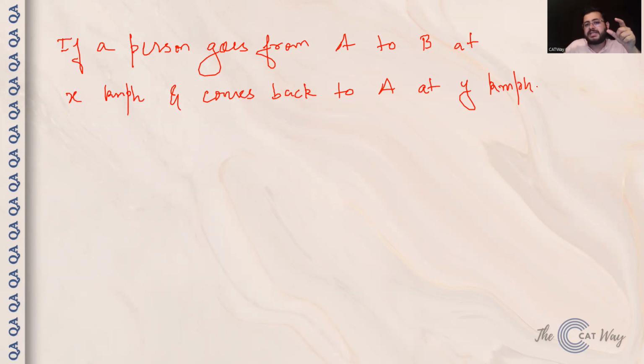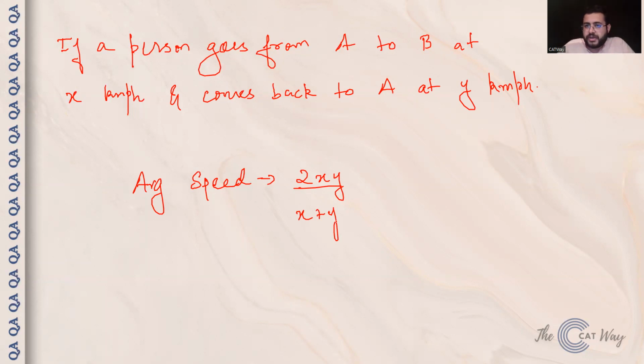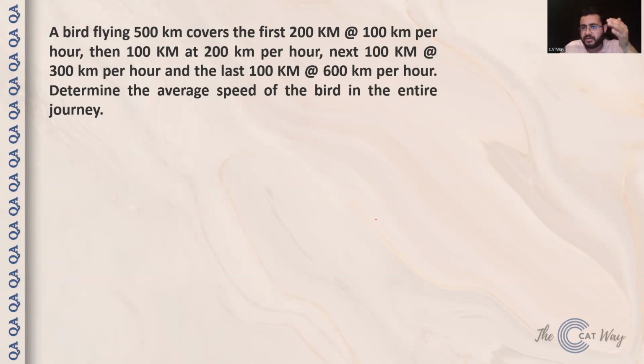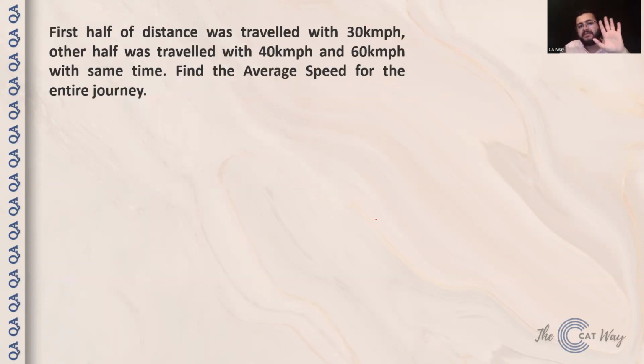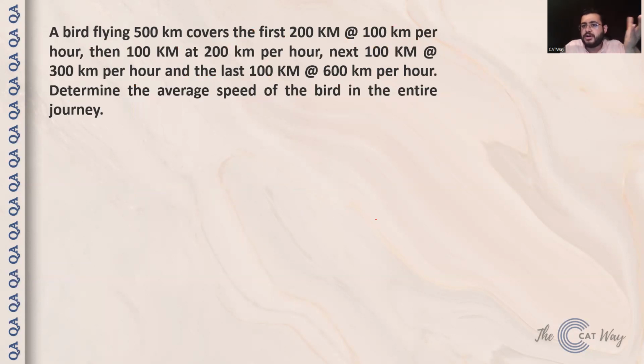Whenever this kind of case comes in front of you, we have a direct formula for calculating the average speed. The direct formula simply tells you that the value of your average speed is going to be 2 multiplied by x multiplied by y divided by x plus y. So if you get this case, you can apply this direct formula and arrive at your answer. Now we have two questions. What I would want you to do is pause the video, look at this question and try to solve it. Then match with my solution. And we have one more question which will be given as homework, the solution for which would be uploaded via the QA under a minute series.